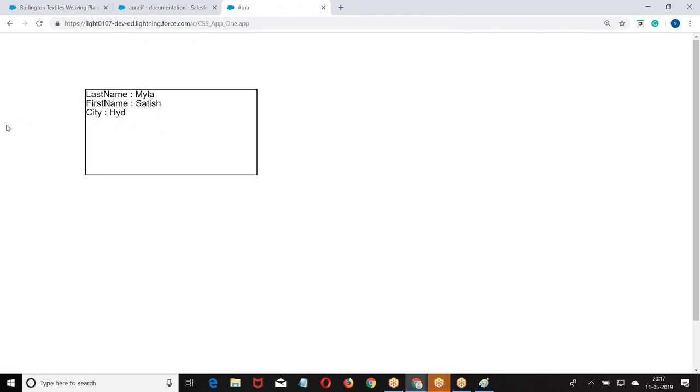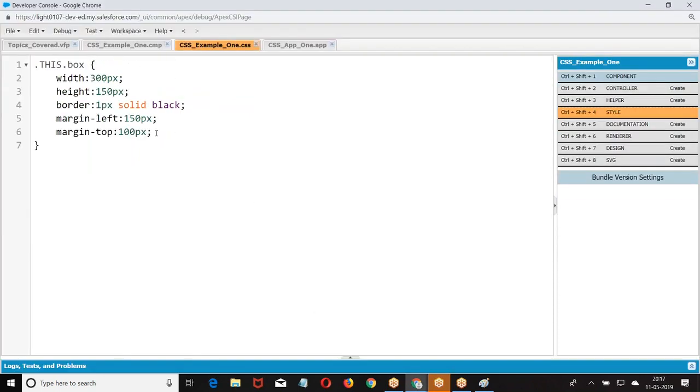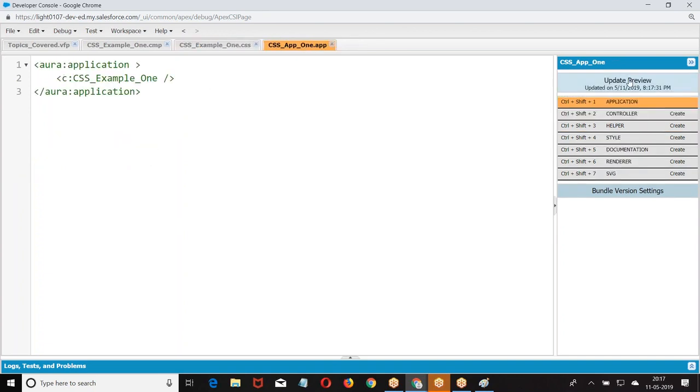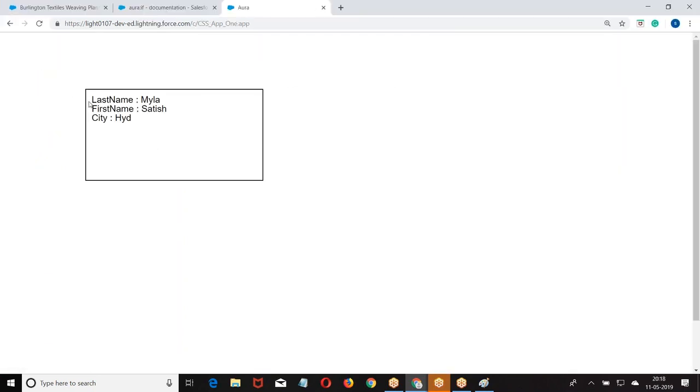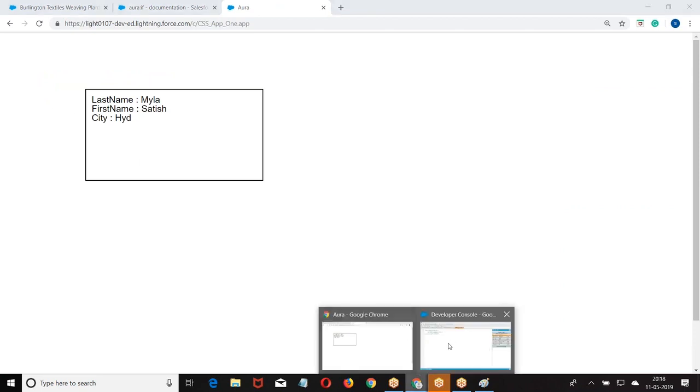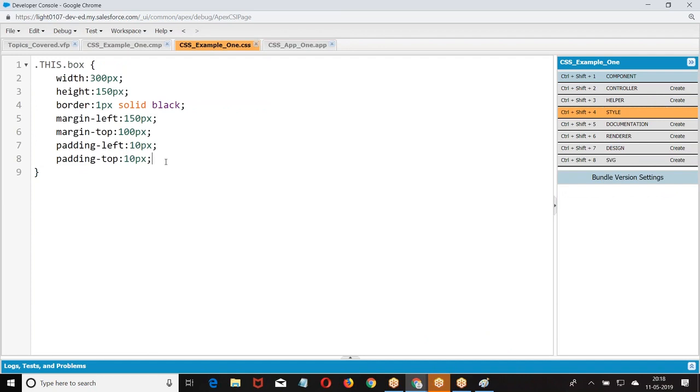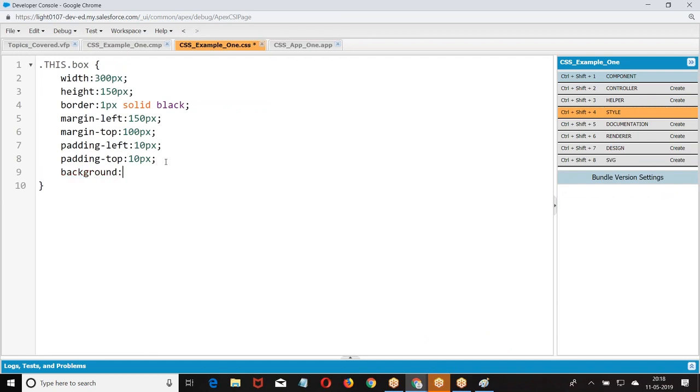So margin is the gap between the element and the border. Now in the element where the data is printed here, I want the space to be given. What I was giving here, padding left, 1 pixel. Now we're getting it here, right? Go to the space here. So this is the margin. This is the padding, margin and padding. Now what is the extra property we want to apply? Background.